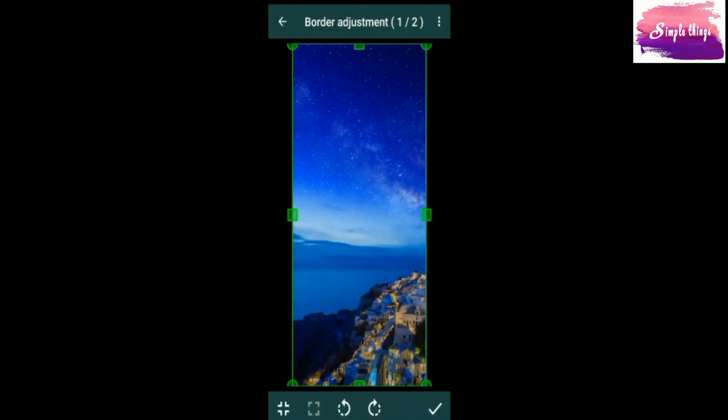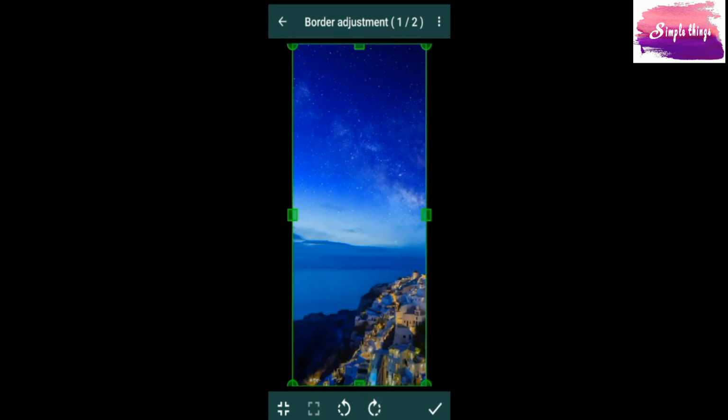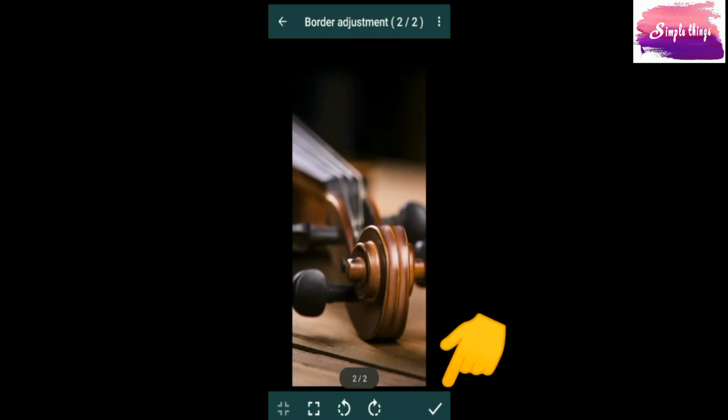Now we can adjust it. In this picture, I'm going to crop the picture just to show you how to do that. If you want only a portion of the picture, you can adjust it like this. Okay, you can adjust the length of the picture that you want. That much only it will come. It will crop on its own and it will come as it is. You can rotate the picture as I showed before, just like this. And then once you have selected, click on the tick mark.